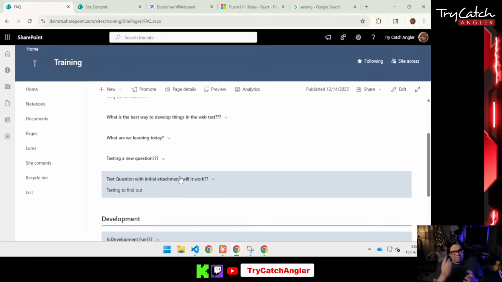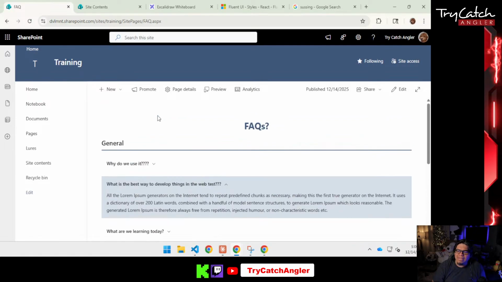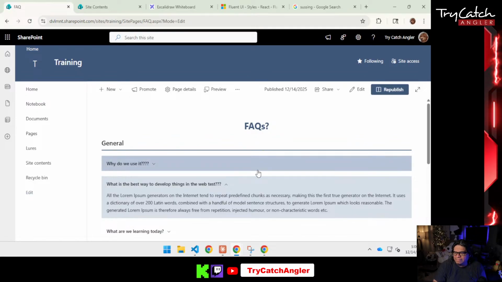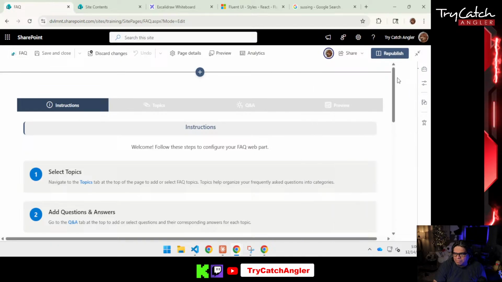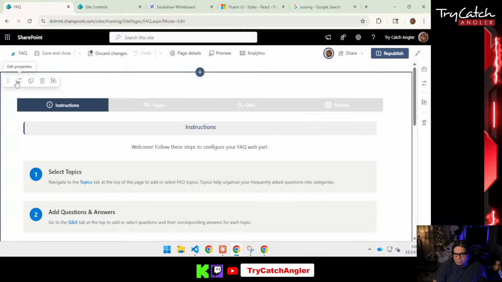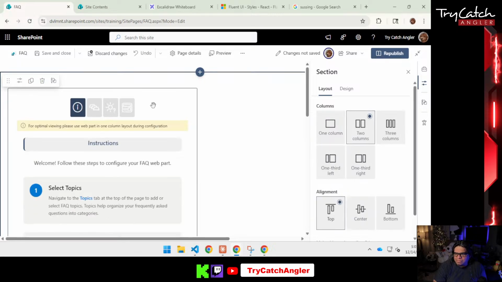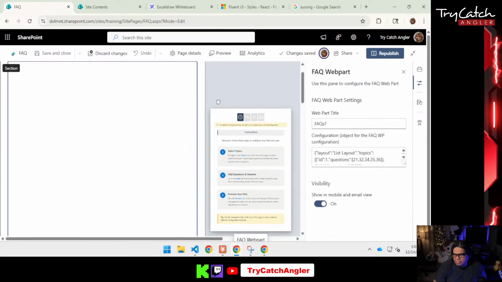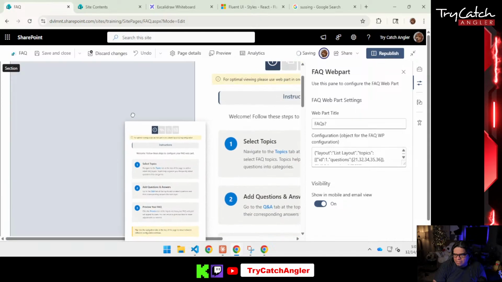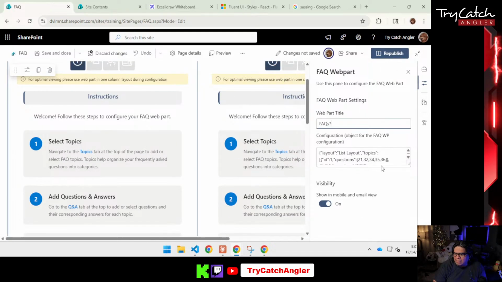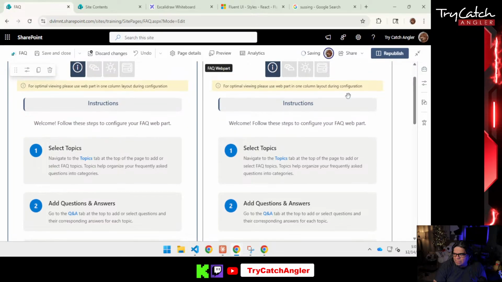So the objective obviously is that people are going to be able to select the way they want this to look. They're going to publish it and then they're going to see it on their screen. And the good thing is that they're not limited. Say for instance, if I click on edit and they want to do something a little bit different. Let's go to the page and let's say two columns. Okay. And then we're going to duplicate this one and move it over to this side. And then we're going to move this one up next to this one. The only difference is that on this one,